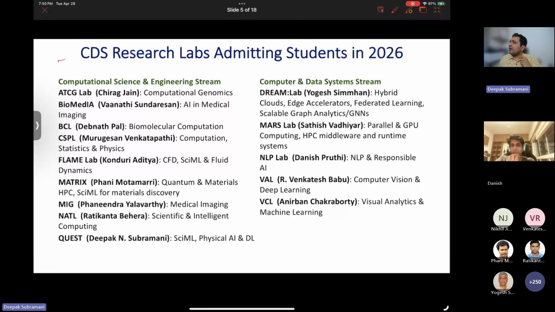For DREAM Lab, what are the ways in which students can demonstrate skills in system software? Is it through prior project experience, Yogesh? Prior projects are fine, but projects can seem very superficial. What we require is fundamentals. You actually understand what went on in the project, and that's really what you'll be asked about. Let's say you choose operating systems: do you truly understand operating systems? Do you understand the concepts? Do you understand synchronization primitives? Because at the end of the day, research is about building on top of foundations. If the foundations are weak.